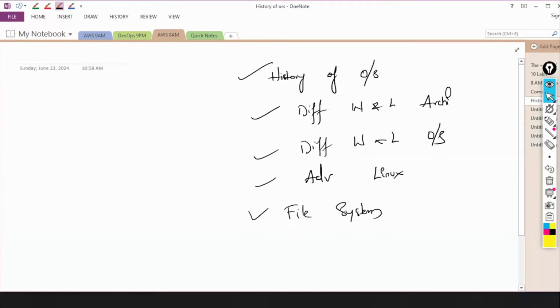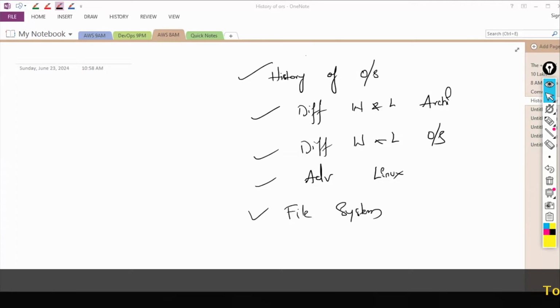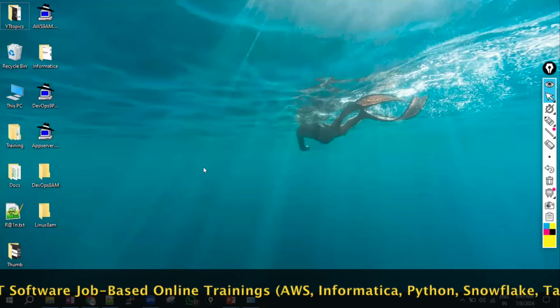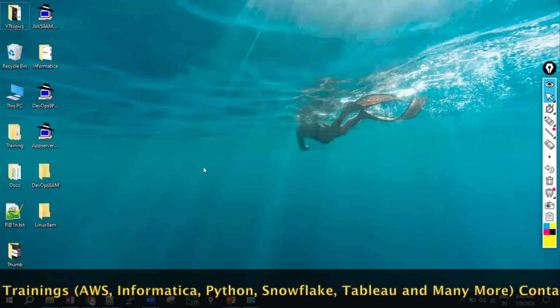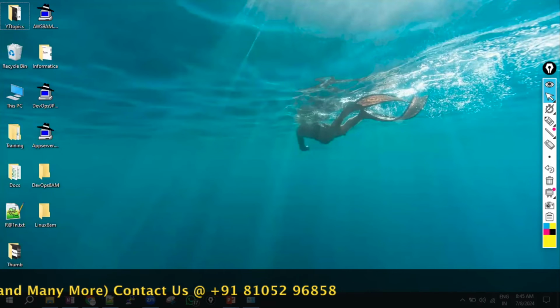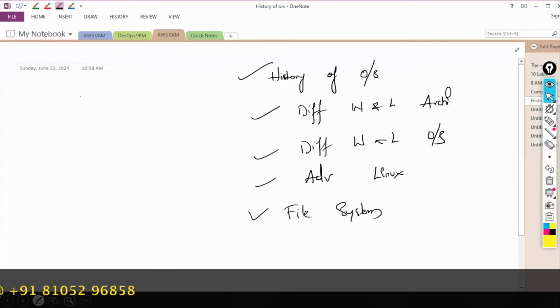Fine. Next one. We learned some things theoretically: what the Linux operating system is, where it was introduced from, what the file system hierarchy is, and how the architecture is. Now, to practice the Linux operating system, we need to install Linux OS first of all. But where will we install? In our Windows laptop? No, because Windows is already installed in our computer. I'm not going to install Linux in my laptop. Instead, what we'll do is create